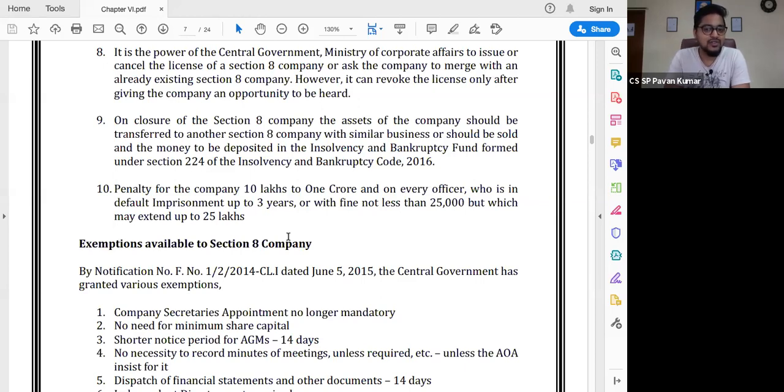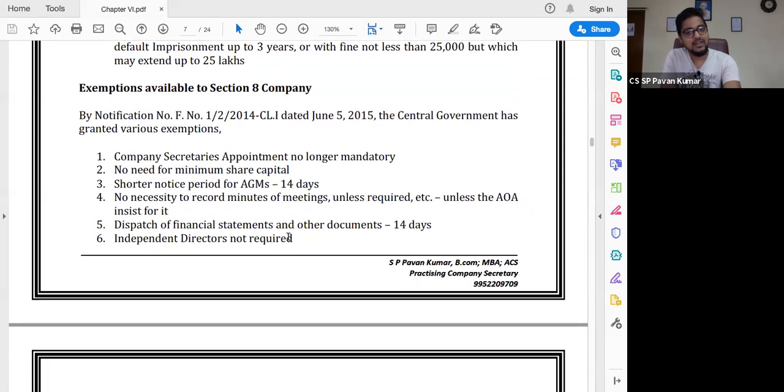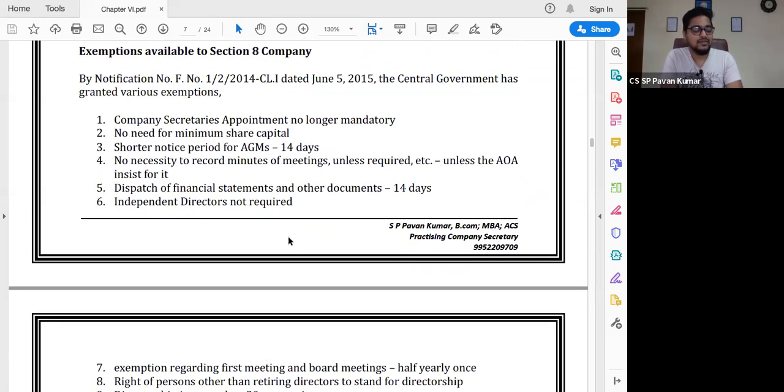A Section 8 company also enjoys various exemptions under the Companies Act. So what are all the exemptions that are available to a Section 8 company? These can be a little informative also, which we have not known earlier. Company secretary appointment is not mandatory for a Section 8 company. We've been thinking that for any company with more than 5 crores of paid up capital, company secretary appointment is mandatory. However, for a Section 8 company, appointment of a company secretary is not mandatory,